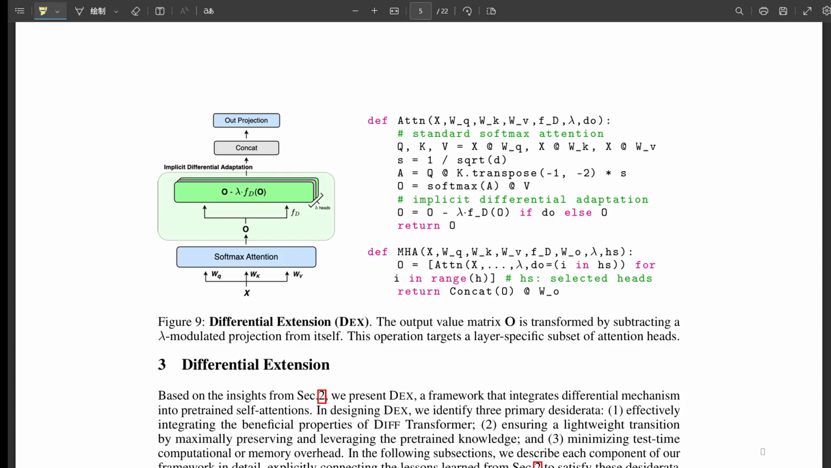The formal update looks like O equals O AF DO, where O is the original output and FD is the differential function. Applying the differential idea to the output matrix, why does that work? How does that capture the diff benefits? This implicit approach is really smart, and it's actually grounded in an observation they made when analyzing the original diff